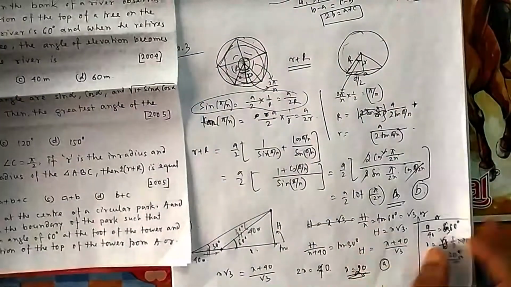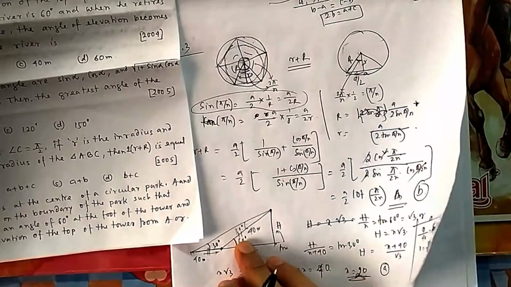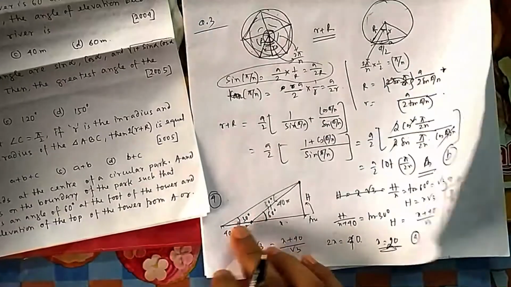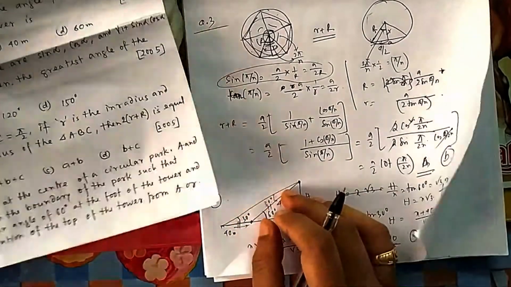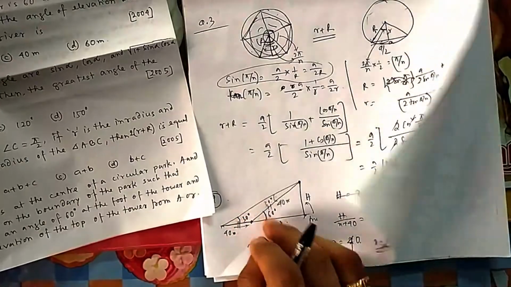Anyway, this is the normal way to do it, and this is the shortcut way. This is very specific for only this question, because if it is 60, then it will become 30-30. If it is 45, then it is 15, and nothing can be concluded. The 60-30 combination is the unique combination for this problem.